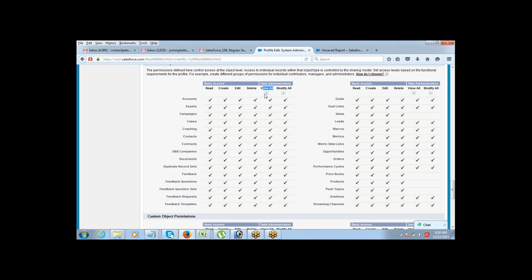So this is data admin permission. What does a view all permission mean? View all permission means you will have access to see all the records of a certain object. Let's say someone has a view all permission on account. That person will be able to view all the records on the account object irrespective of the OWD. Even if the administrator makes the object private, this person with data admin permission view all can see everything. If you go by the literal meaning, view all gives you access to see all the records of a certain object. The same way, modify all will give you the access to update or delete all the records of a certain object.